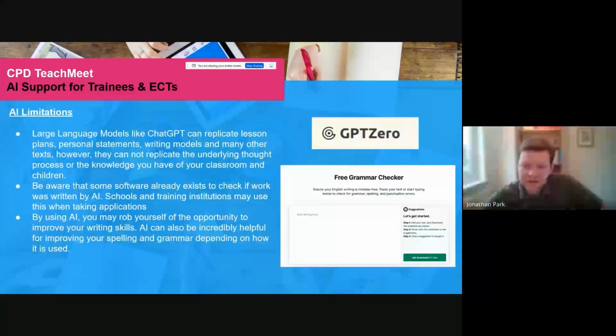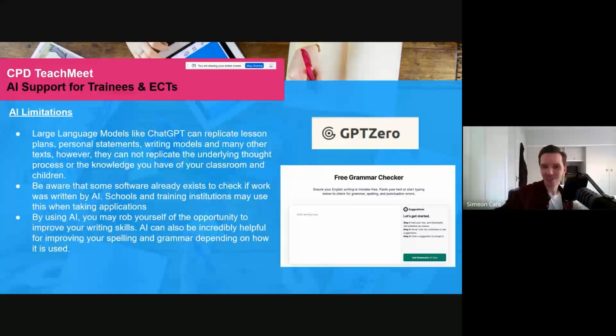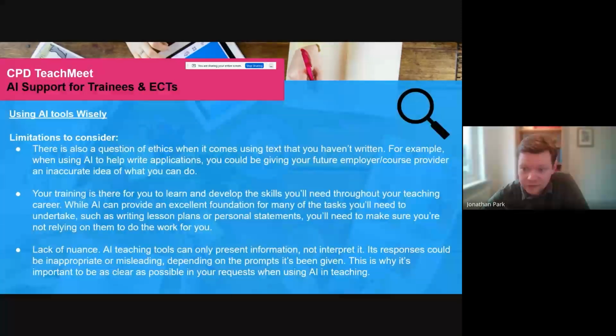Can I just add to that? Oh yeah, go for it. Yeah, I mean, just to absolutely agree with all of that, but also to add that AI is a tool which can support your teaching. It's not a replacement for you as a teacher, and it never will be. Use it as a starting point. Use it sometimes as a finishing point. I have these ideas. These just get me to that point where it looks like a lesson plan, and then I can take it from there. Always check it, but also trust your judgment and see it as a tool.